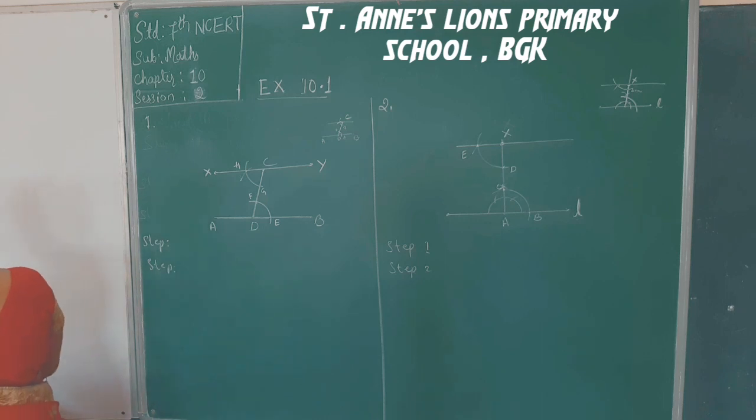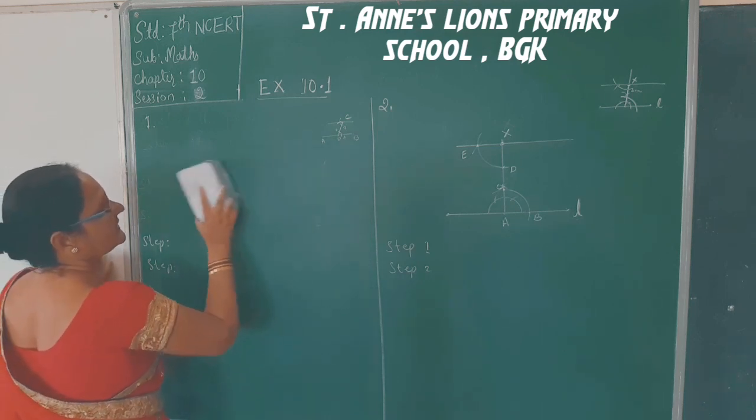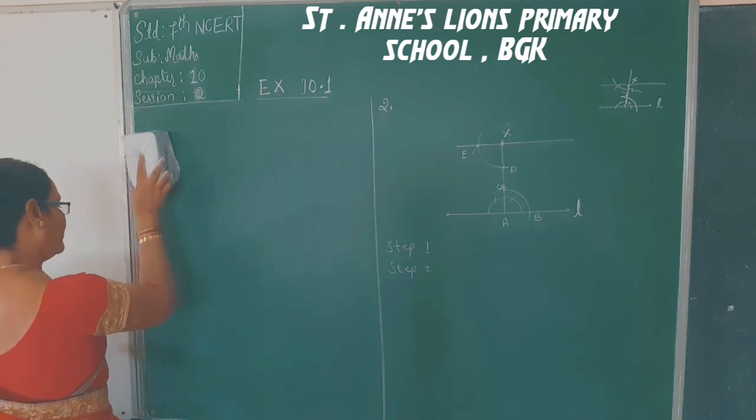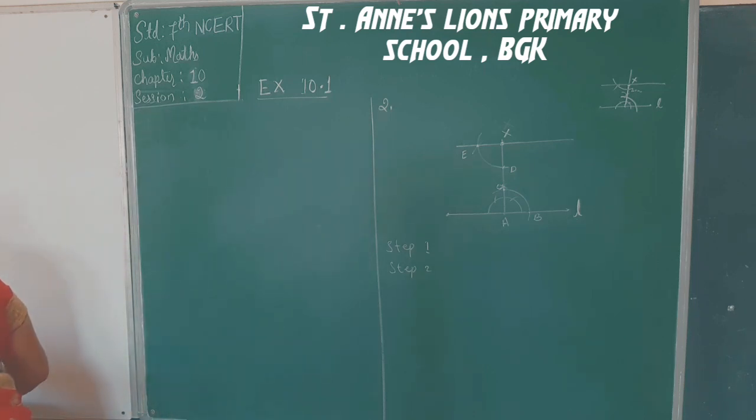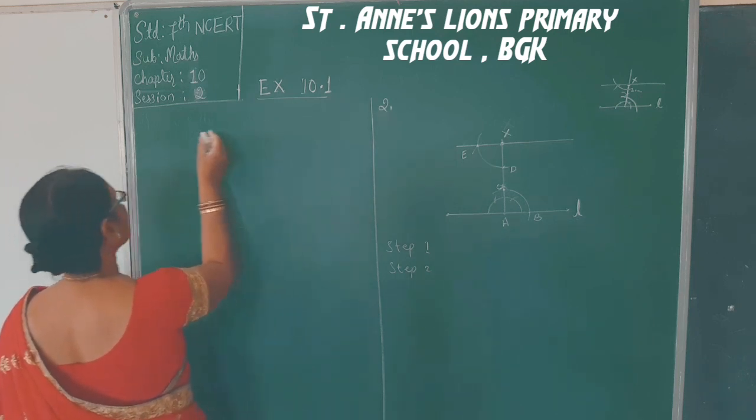Now the same way. Here see, the third one I am doing, that is in Exercise 10.1. Third one. What is that? Let L be a line and P be a point not on it. As you know already, just one rough construction we do here. That is the third one.